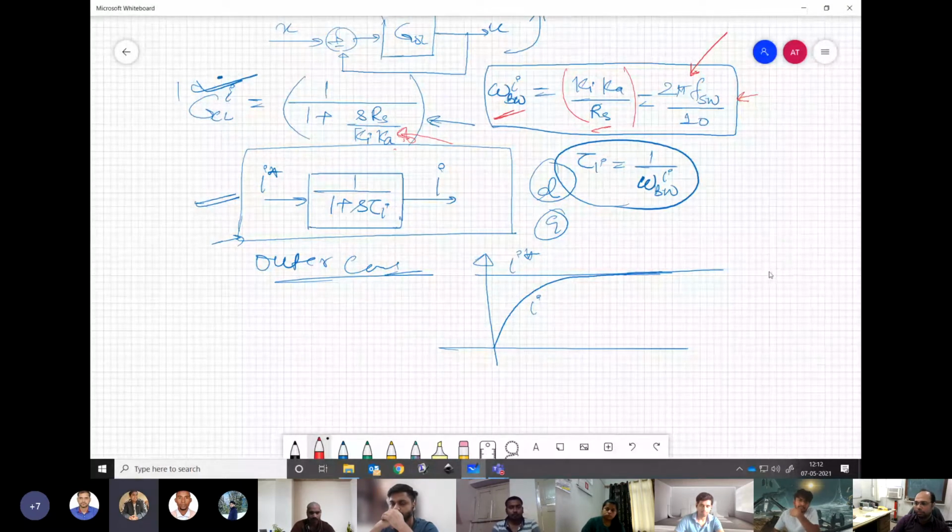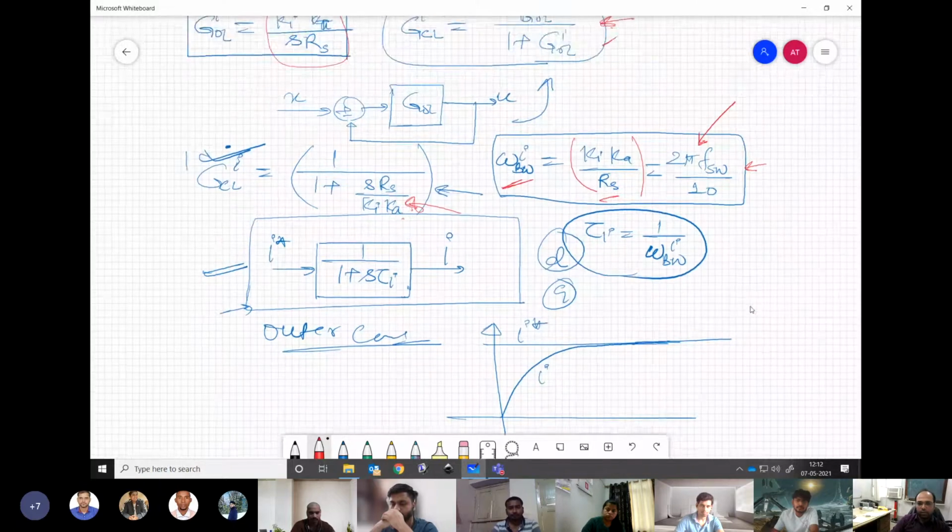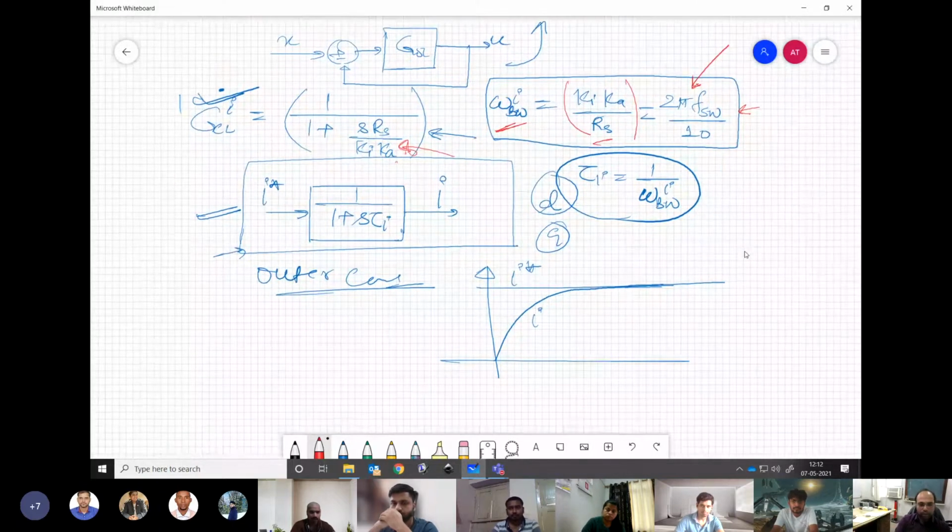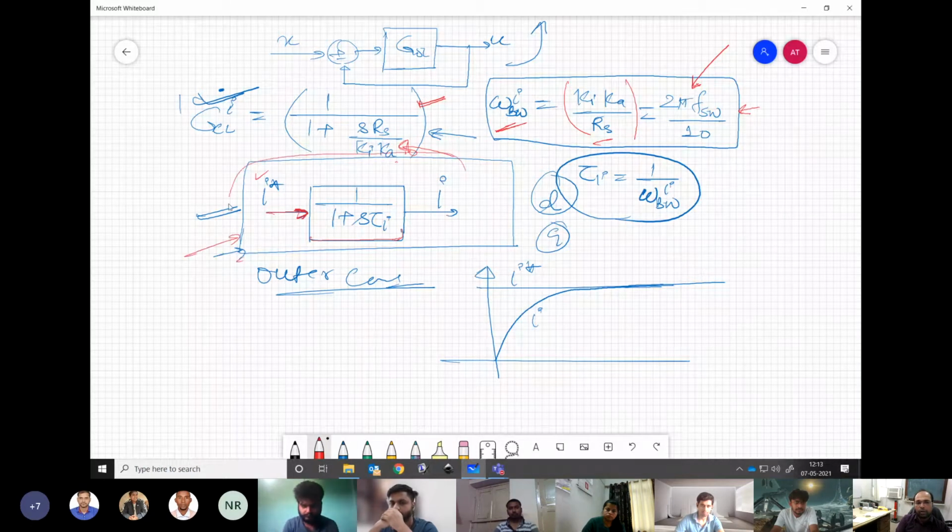Yes, sir. Now, finally, what we have, the closed loop transfer function is this only, which means it is equivalent to, we have our current reference passing through this box or this transfer function or this gain, and then giving us our actual quantity. So the whole closed loop control for the current can be represented like a simple unit over here like this. So you can replace whatever bigger loop you had for the current control with this box, because this is what you have essentially brought it down to. Understanding my point?